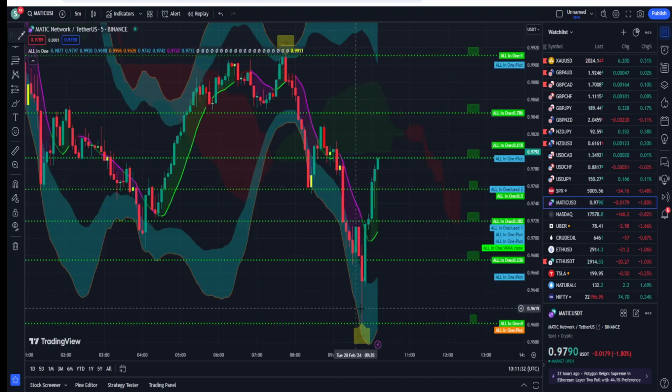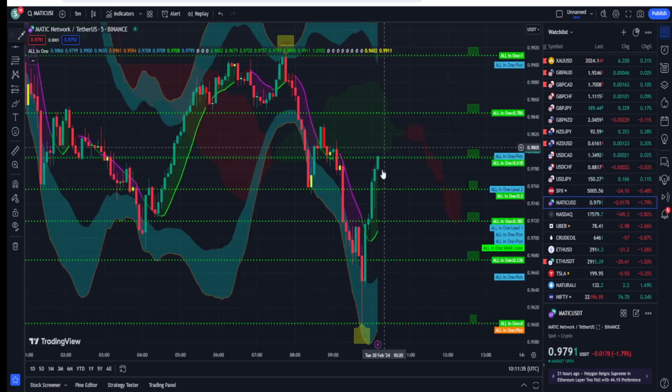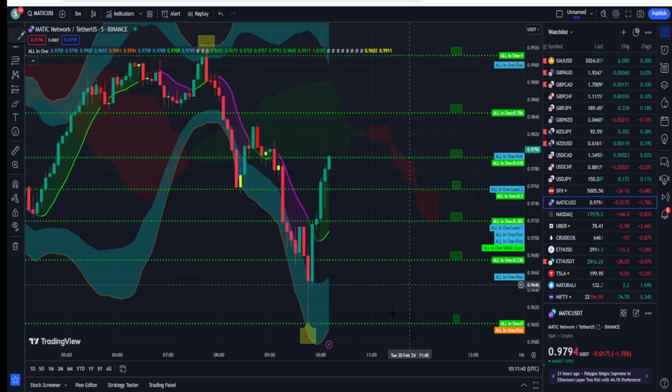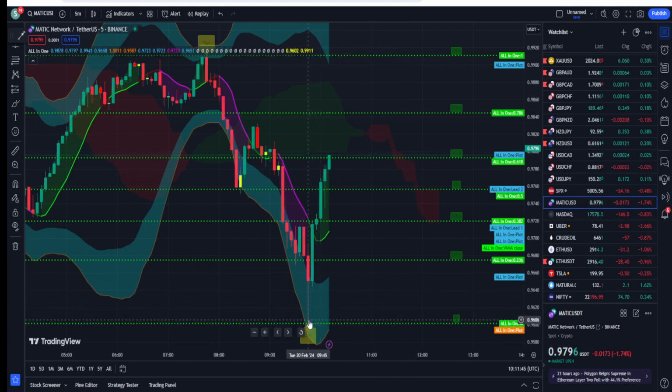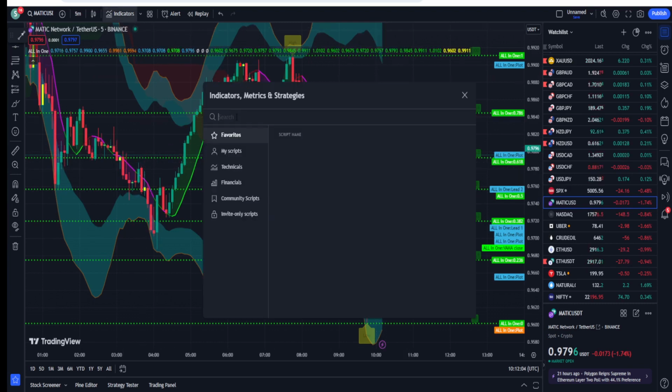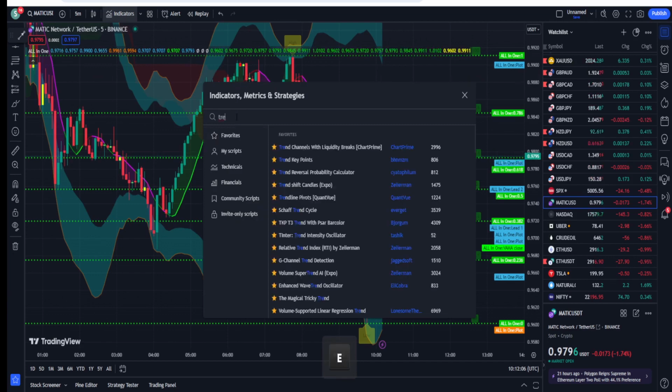Okay, for example, we have the low point here, the price is moving up, and if you ask me about my trading experience with the Fibonacci levels that you can see in the background, if the price reverses from the zero level, then it has many chances to touch the 50 or the 61.8 level, and then again from these levels the market gets reversed. So your take profit should be from 0 to 50 or 61.8, which I personally like a lot for the take profit.